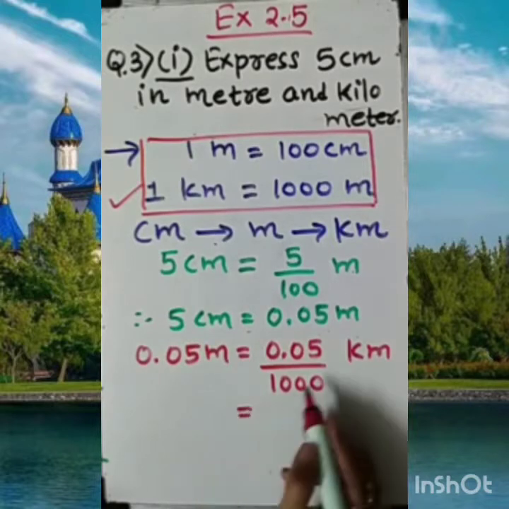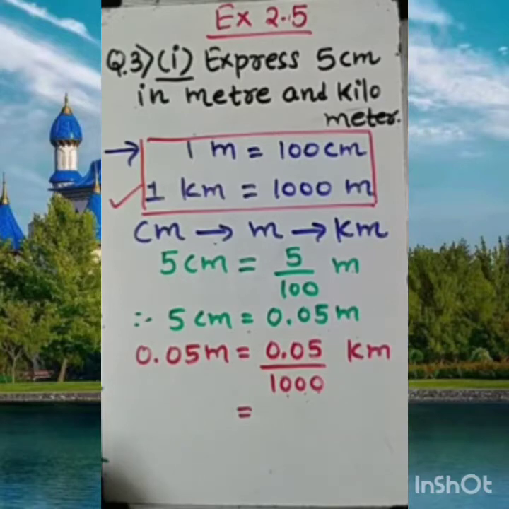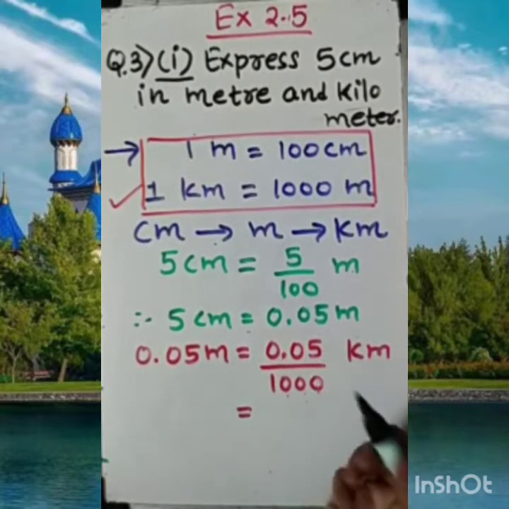So if I convert this, 3 digits, again we have to shift. You can see on your screen 2 digits already shifted. This is after the decimal, 2 digits already there.